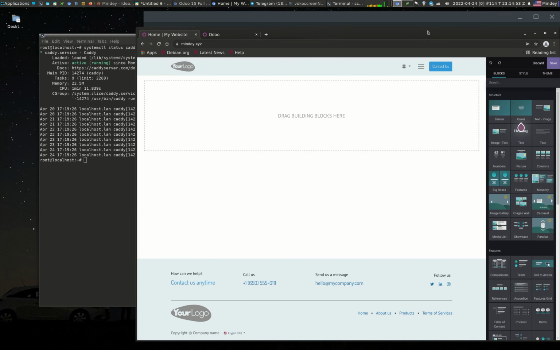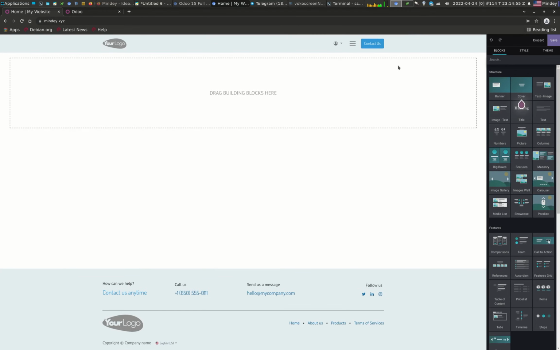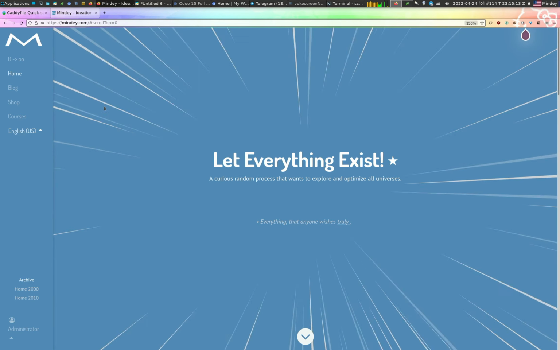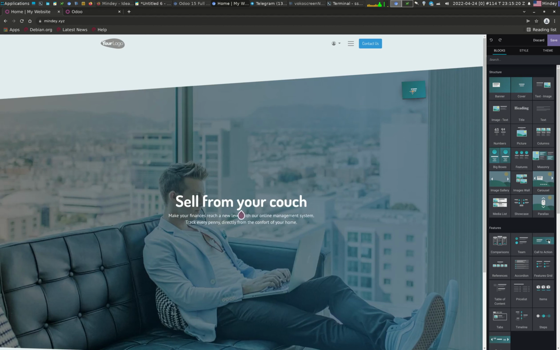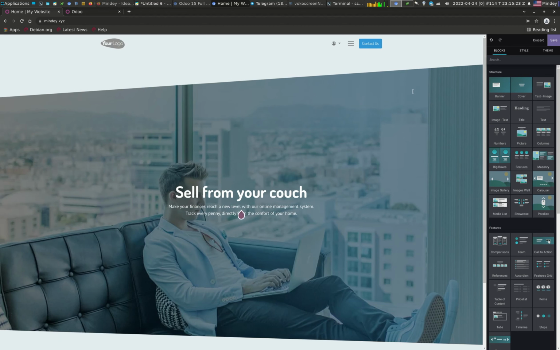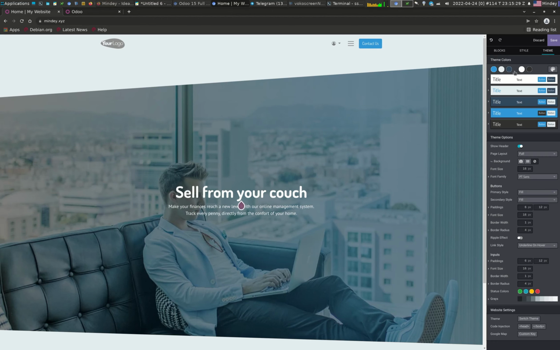Once that's done, you're presented with this kind of interface where you have this panel on the right and this area on the left. So what you can do is just drag and drop the items from the right to the left. My website has the cover item at the front, so I can use this cover and drag it here, for example. Right? And in fact, every theme has its own color choices and so on,